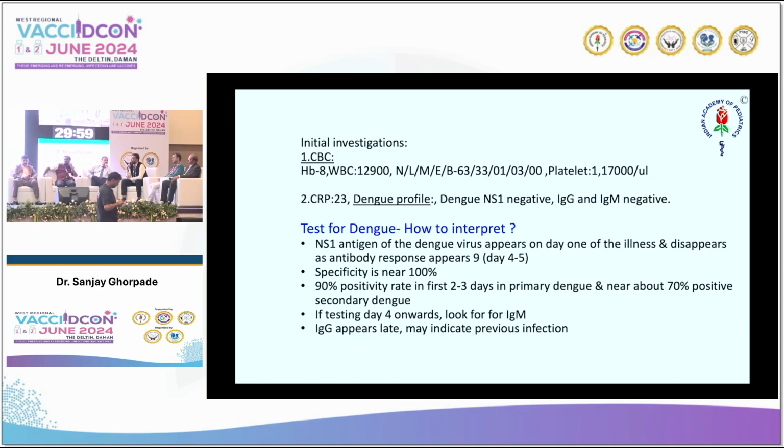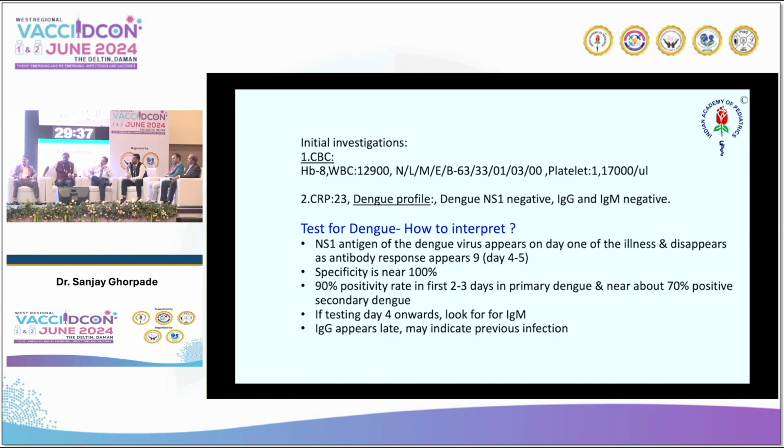So what we are looking at is day 5 of illness. NS1 is a very early marker. It usually starts to rise even on the first or second day. The problem is on the fourth and fifth day, the titers go on decreasing. So what we are seeing is a fifth day illness where the titers may be low, and